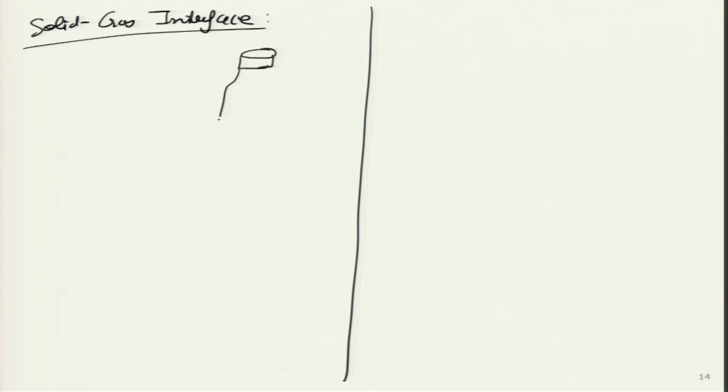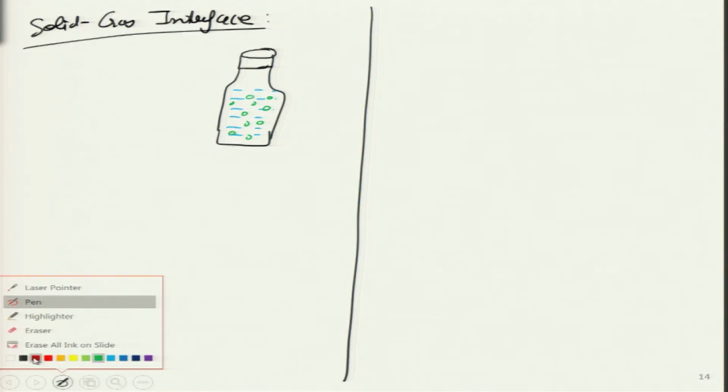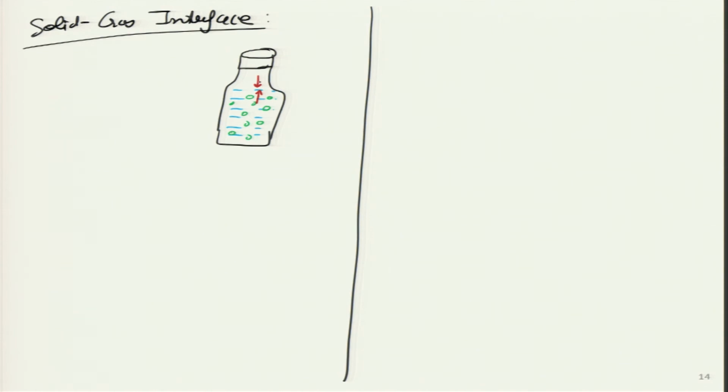So, if I draw a cap over here, this is that bottle in which there is, let us say, water or some mixture with some salt, sweet syrup in order to make it sweet, and then a lot of CO2 has been dissolved in order to give it certain taste. So, not only is it the problem between the liquid and the vapor interface, this CO2 will be present here also, and it will try to pass through this particular solid cap.